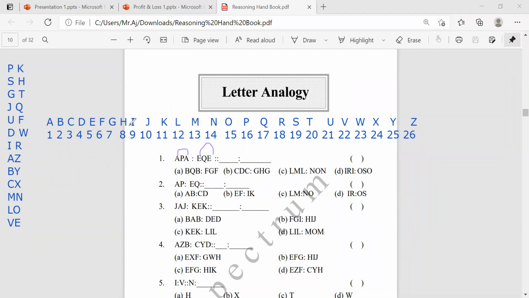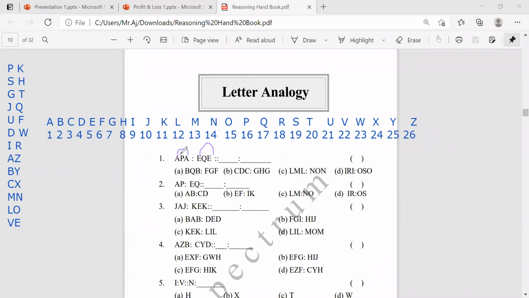And C and G, also only 3 letters in between. Actually 3 letters is there, but Q is there and G is there, so we cannot find this. D is there, H N is there. No. L, N, L, N. So it's not going to be possible. At least 3 letters are required, right? I, O: I is 9 and O is 15. It is also not possible. But we just check this.